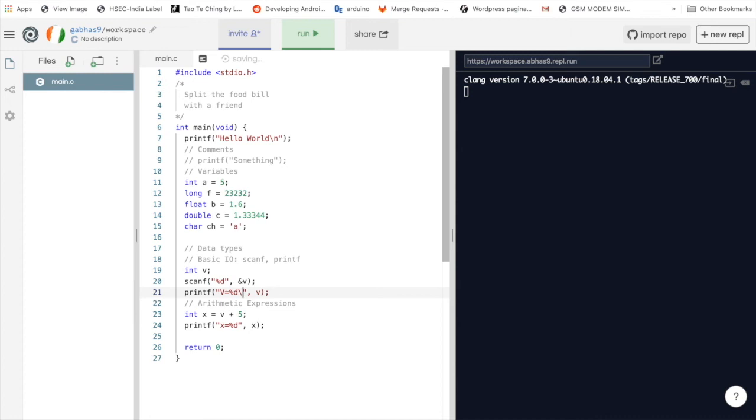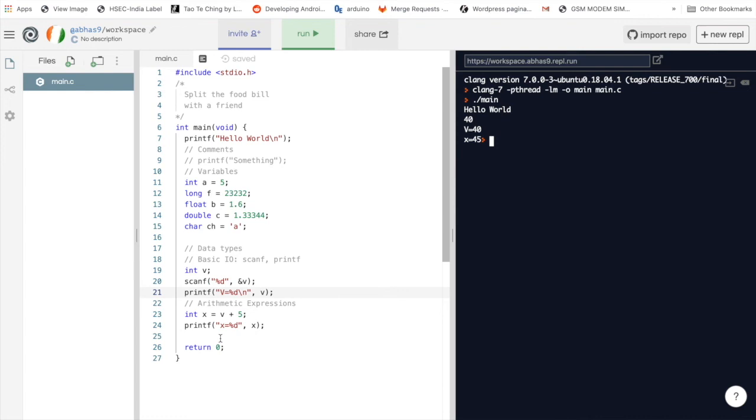You can do it by adding a \n after your previous output. Now when you run the code, it will ask you for some input, and then it will display the value of v, which is 40, and the value of x, which is 5 more than v. Similarly, we can also perform multiplication, division and subtraction operations between a value and a variable, or between two different variables.